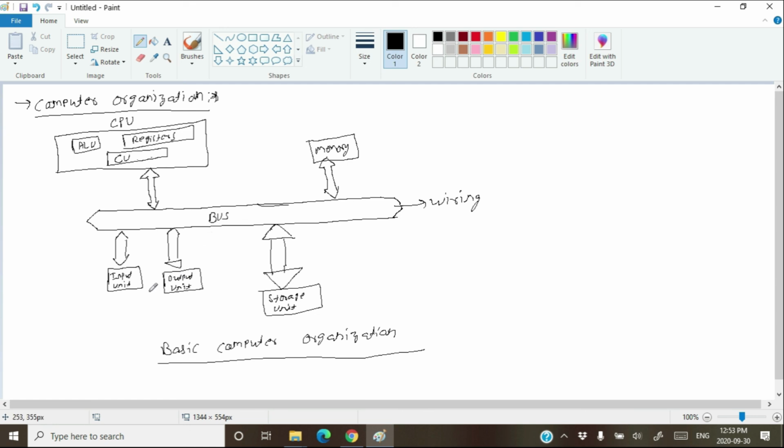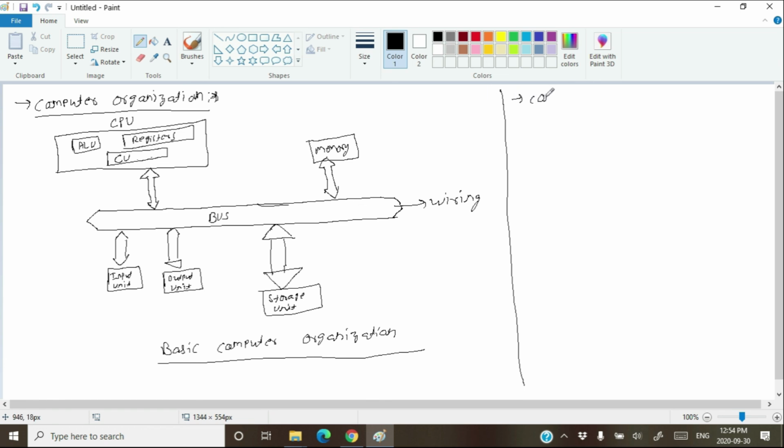And suppose that your program requires some input from the keyboard, then whatever key you type first goes to the memory, and from the memory, it goes to the CPU for execution. So hopefully now you understand how the 5 components of the computer are connected by using the system bus, a unique wiring, to organize a computer. There are a few important points to discuss.